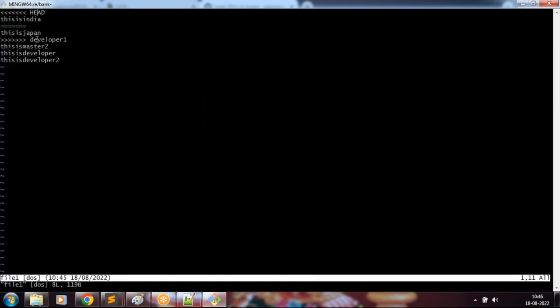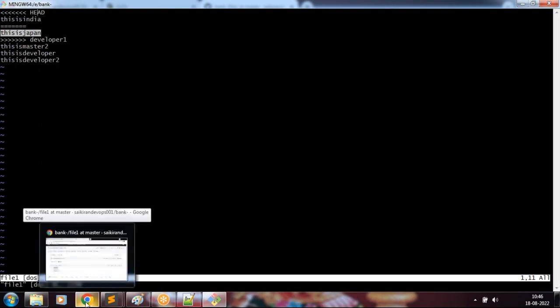See, developer 1 changed the first line as Japan, and the team lead changed the first line as India. Okay, so what happens when the same line in the same file is changed by different developers? It will